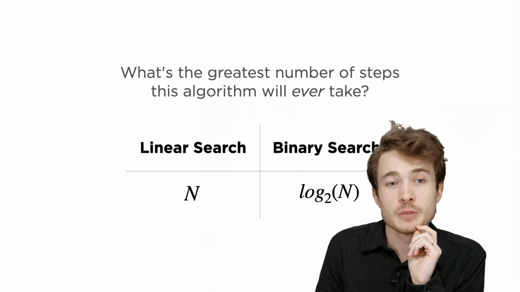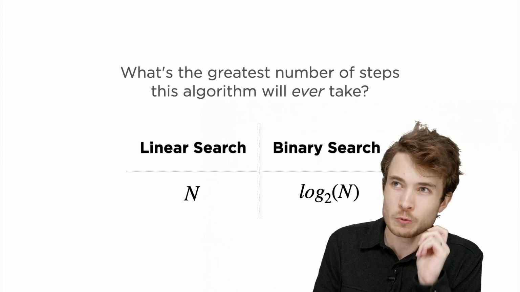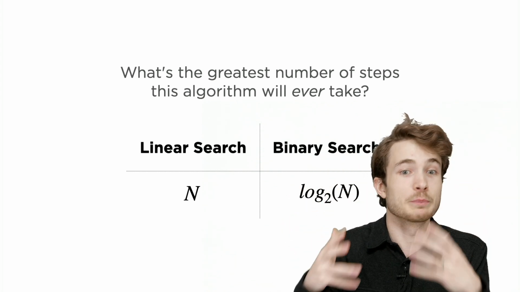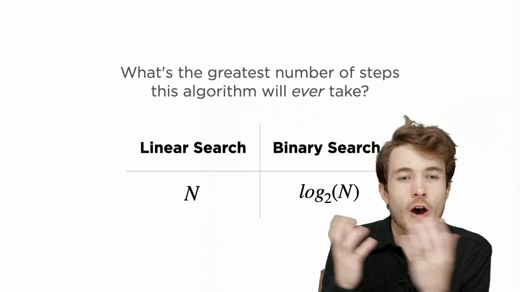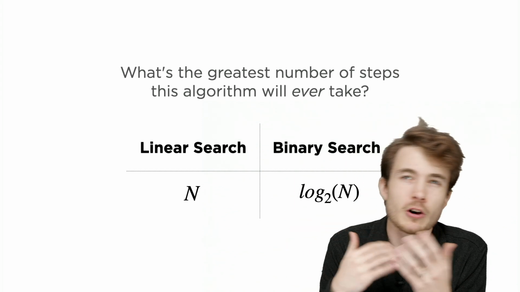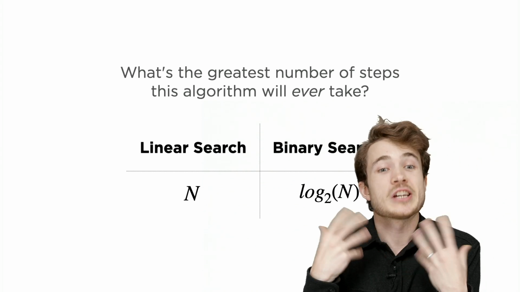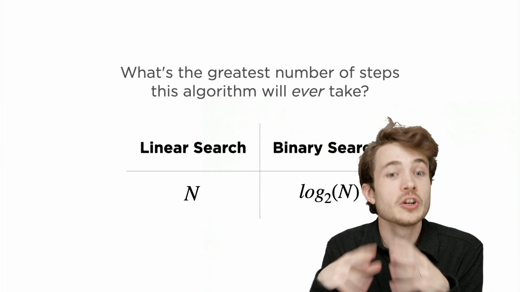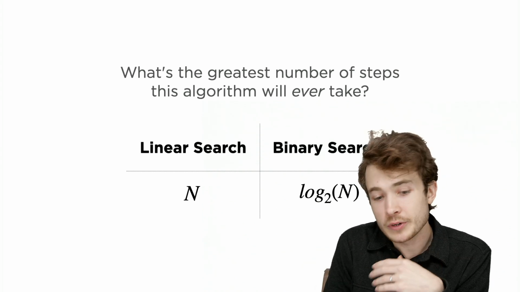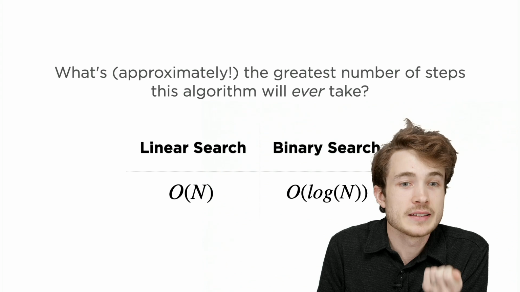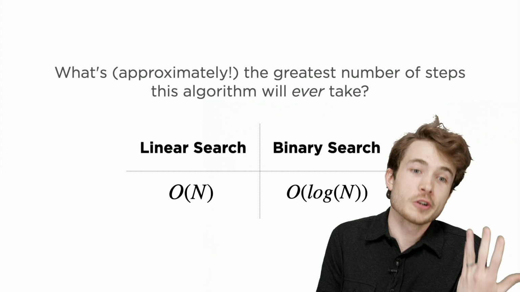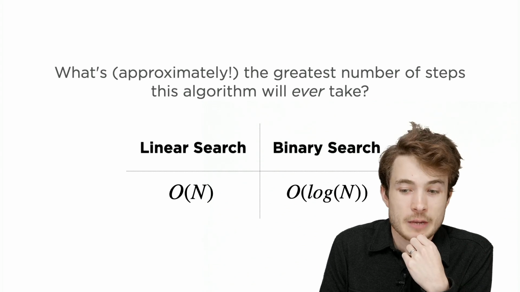But now, computer scientists, because we often work with data sets that are so large and so big, on the order of millions or billions of pieces of data, we don't often care about things as robust as, okay, is it log base 2 of n or log base 3? We care about an even more general case. And that's where this idea of big O notation comes in. So we might say that linear search operates on the order of n steps. And in the same way, binary search operates on the order of log of n steps.